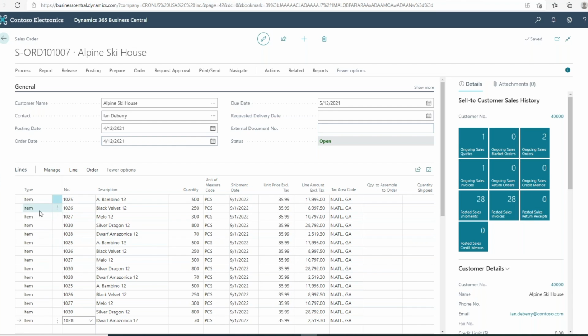So all I did is paste in the item and the quantities in that, and look at the prices, all of that information just pulled from the system. It's not going to let you just paste anything in here. If one of these item numbers were wrong or any of that, it would catch it, because it's actually doing error checking as it comes in. But that's a perfect example of the close relationship that Office 365 has with this, and